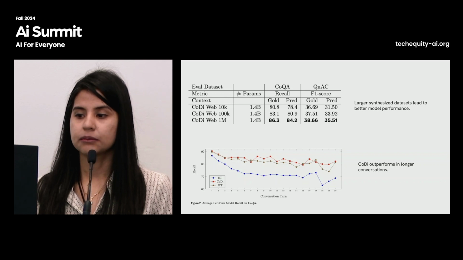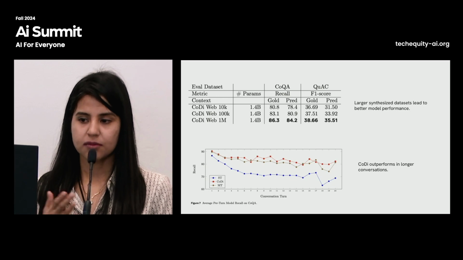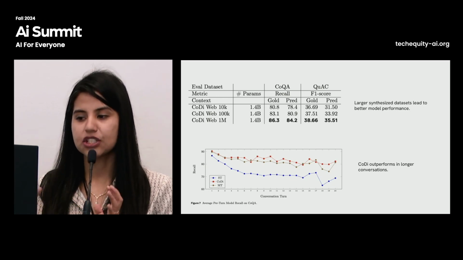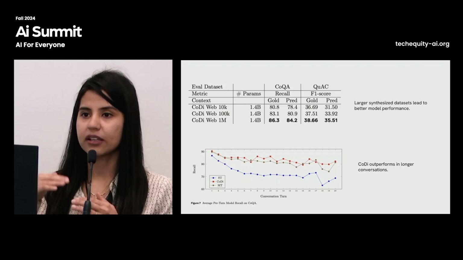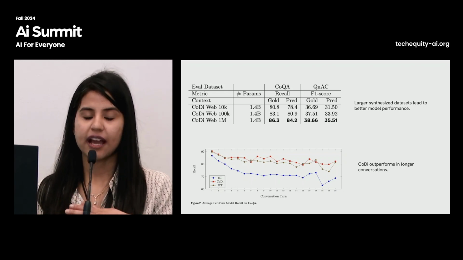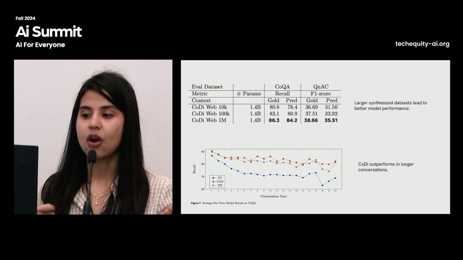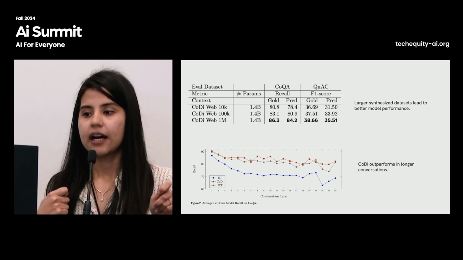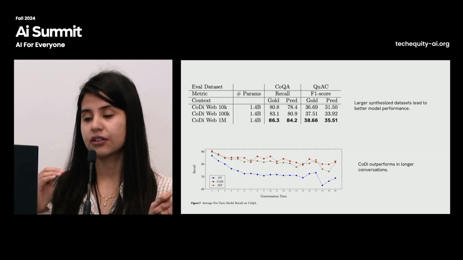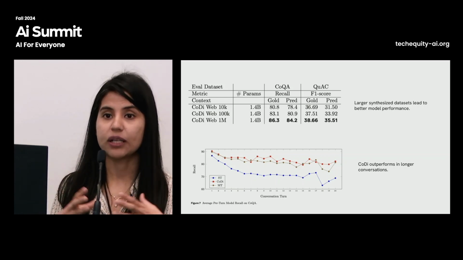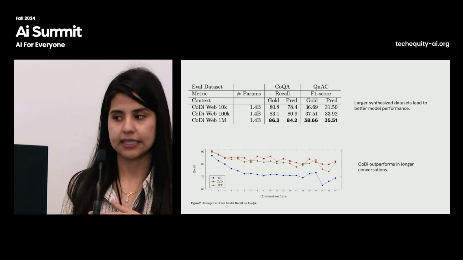And finally, we show that larger data sets also lead to better model performance. That's very intuitive, but we did the analysis, and this is also out of domain. So even if we have a larger sample that's out of domain, we are able to see performance gains on some other domain's data set. It's important to note that it's much cheaper to create data sets of this scale, like 1 million question-answer pairs, using a model versus actually employing humans to create the data set.